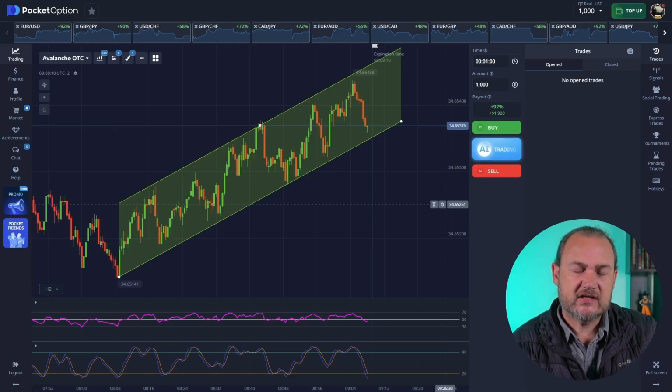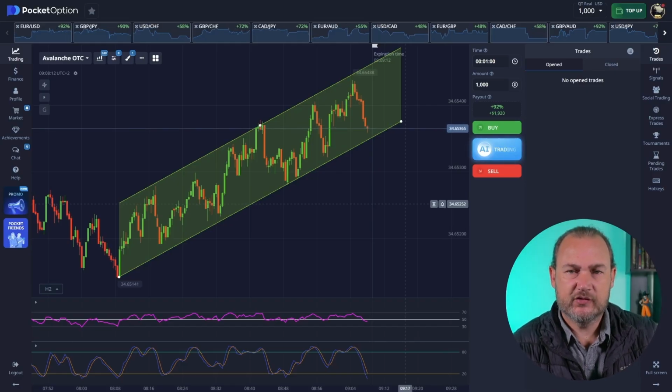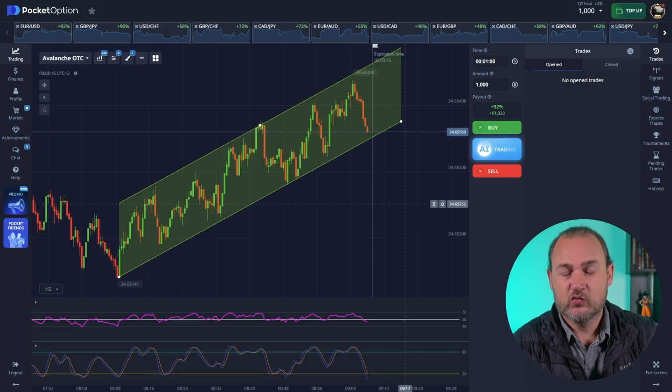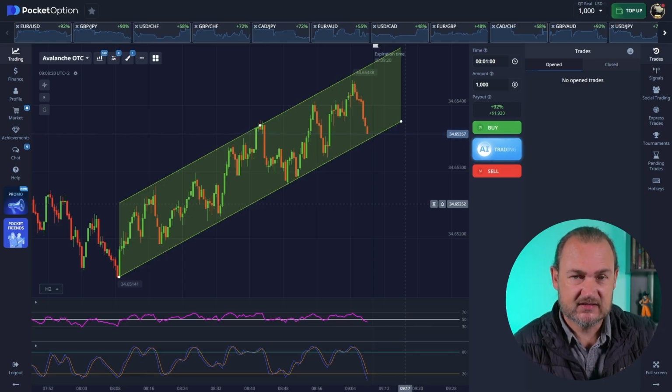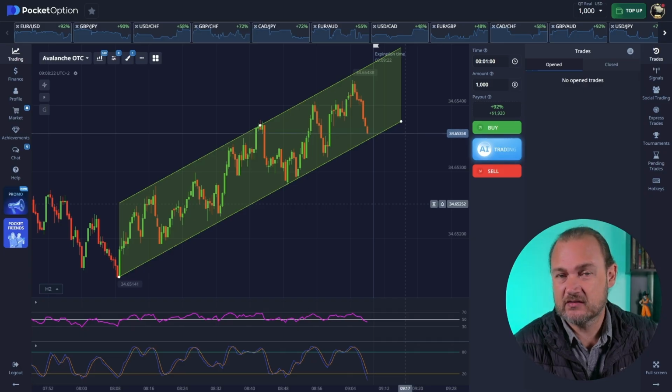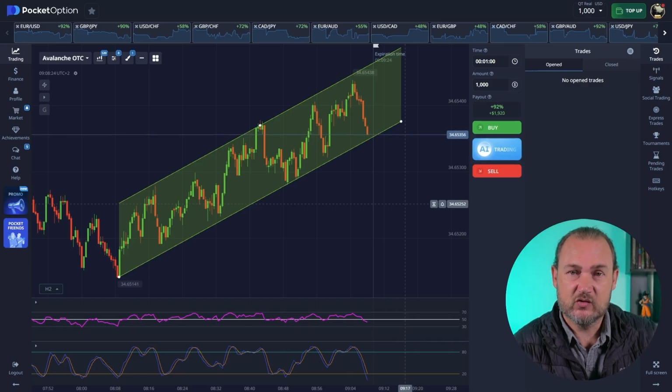Okay, so for our strategy today, we're going to combine a few elements. This is going to be a little bit more complicated than what we usually do. You will need to practice this to learn how to spot trend lines and support and resistance lines. I have made videos about this before, so go watch those if you don't quite understand how support and resistance